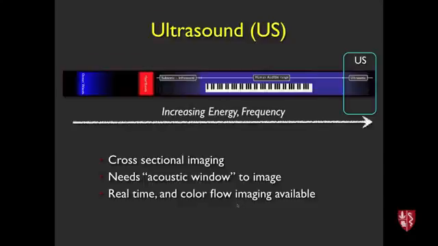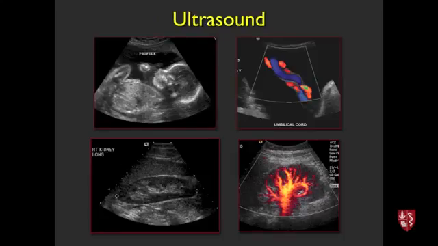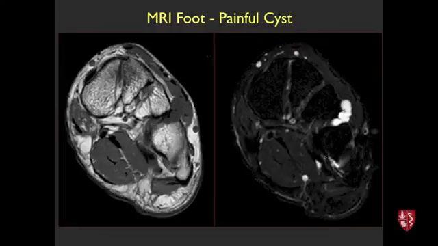And you can use the Doppler properties of tissues moving away or fluid moving away or towards the probe to get color flow information. So here's fetal ultrasound, looking at the umbilical cord, kidney showing color Doppler energy imaging, showing blood flow into the kidney, abdominal, pelvic applications. In MSK, we use it to guide a lot of procedures actually, but it's really good for cysts, for example. So here's a patient